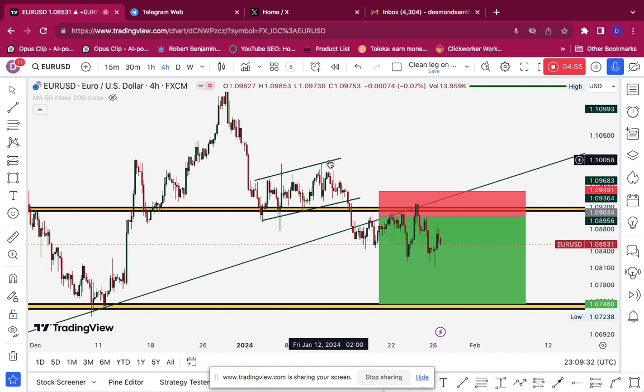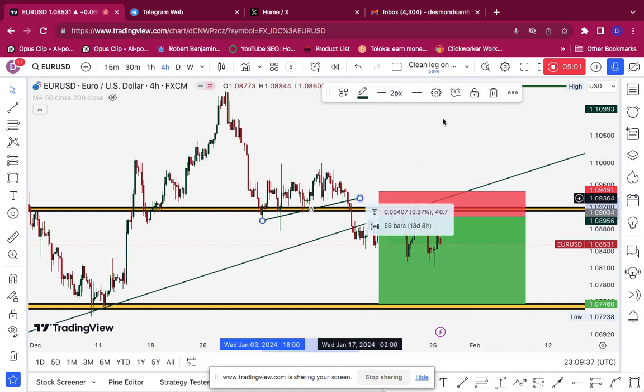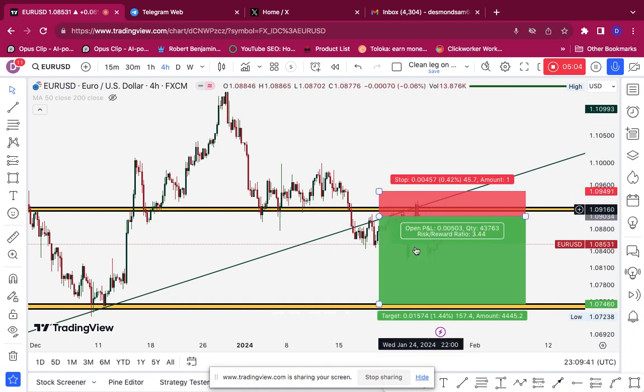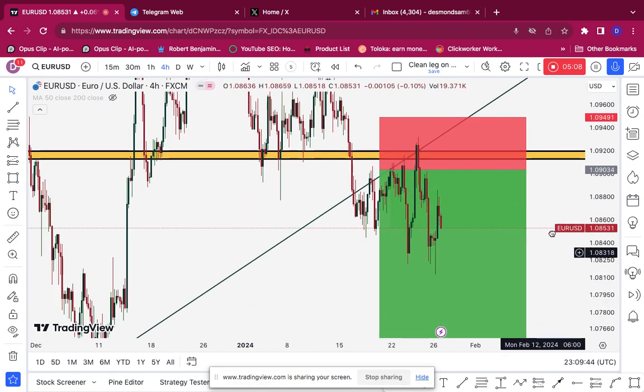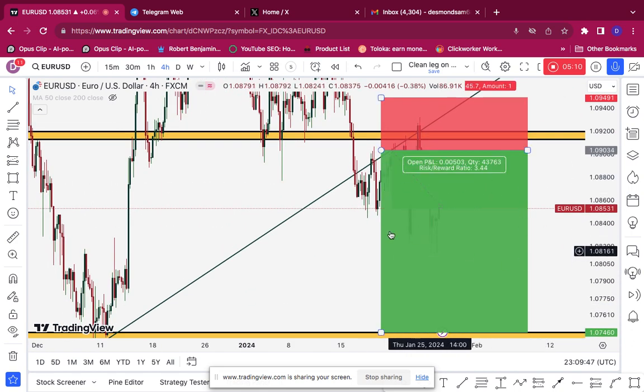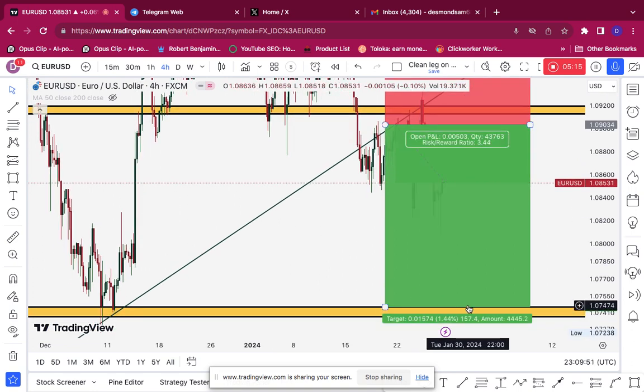All right, so I have one confluence, which is the flag pattern. I have the support break and retest, which is the second confluence, and then I have the trend line break, which is the third confluence. So that alone is enough for me to be short this price. So I'm actually short this price as we speak. My entries are still open. I'm still holding, so I'm targeting my first level target, obviously, which is 1.07